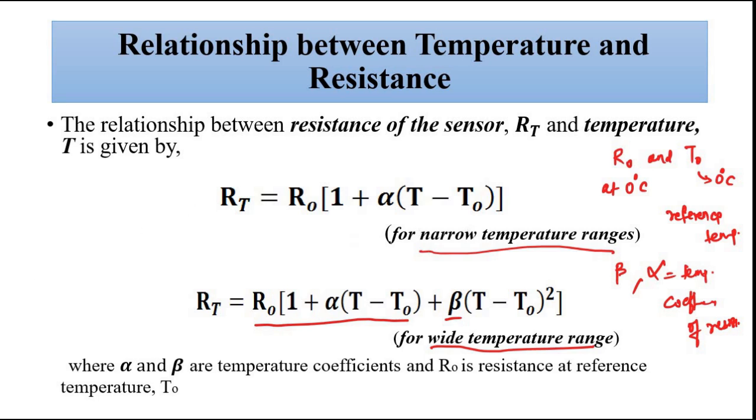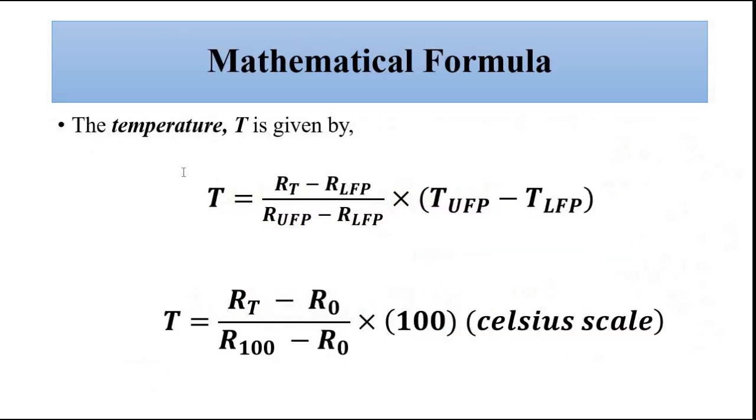So here, to make it simple, to get the temperature reading, we'll use a relationship like this, which is derived from the previous relationship. To get the particular temperature reading T, because we want the output not in resistance, we want the output in a particular scale, whether it is Kelvin, Celsius, Fahrenheit or Romer, whatever it is. We don't want a resistance output in ohms. We want an output in terms of a particular temperature scale. So what is done for calibration,